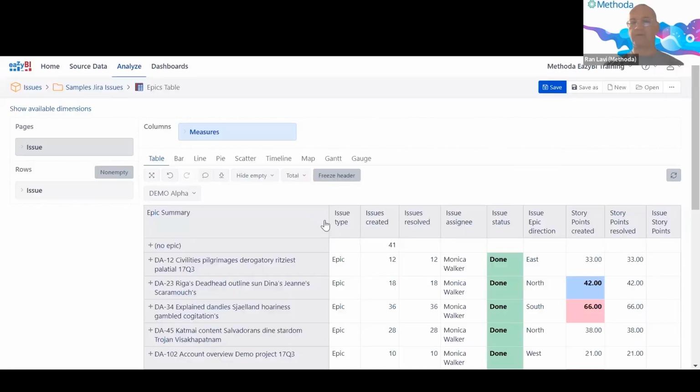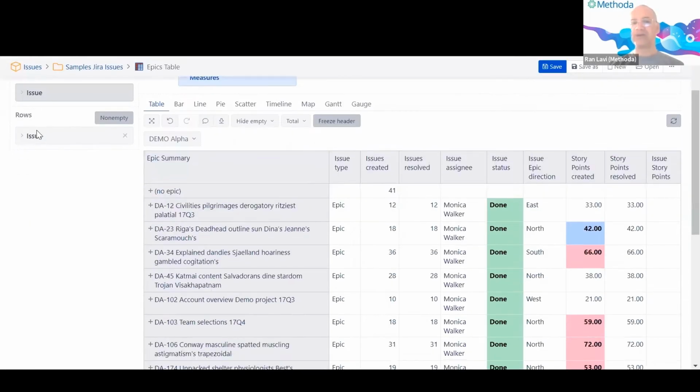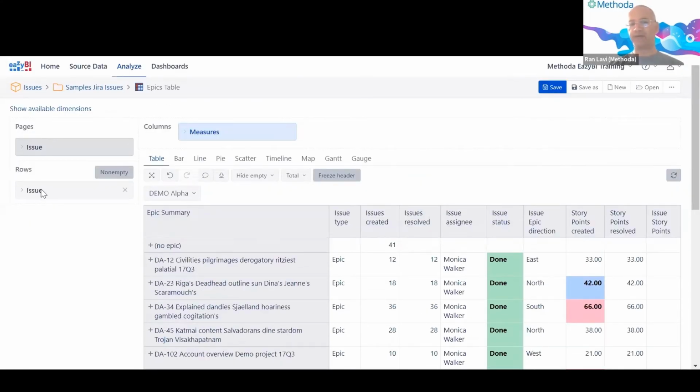So here, our dimension is the issue dimension. Okay? What is a dimension? A dimension is something in Jira, a field in Jira, or an entity in Jira, which has a list of values, and this is not free text and not numeric. Okay, so for example, if we